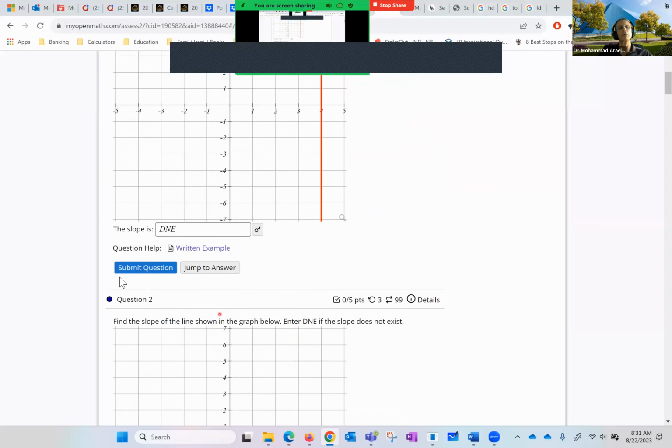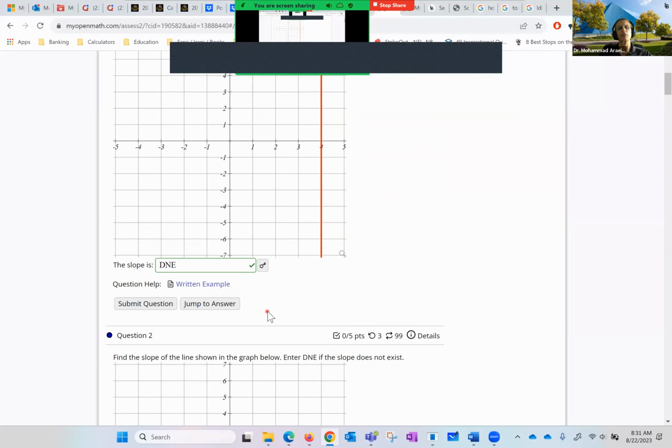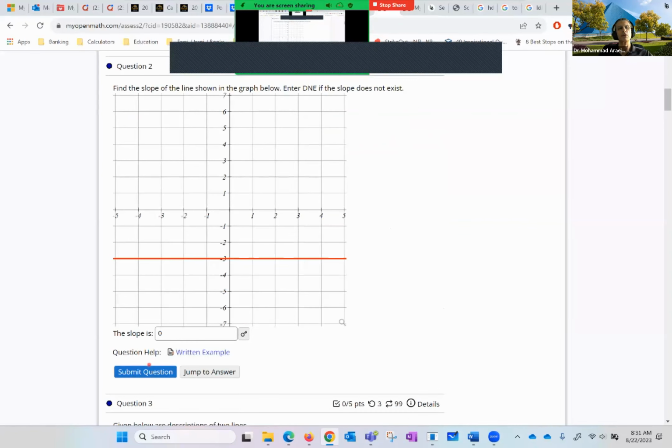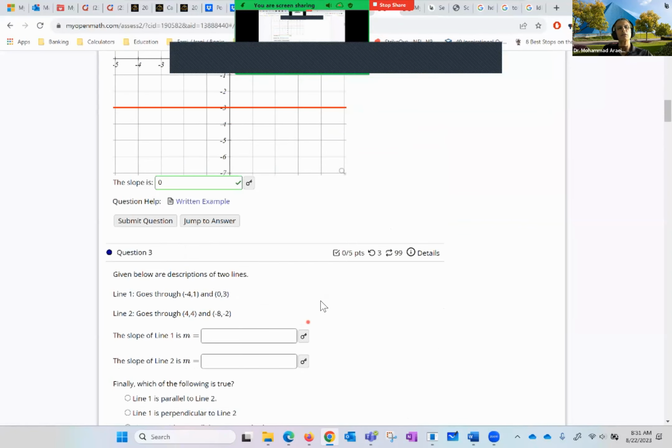So, for example, if you submit this question, it check marks. If you submit this question, it check marks. And then so on and so forth. Then the next question,